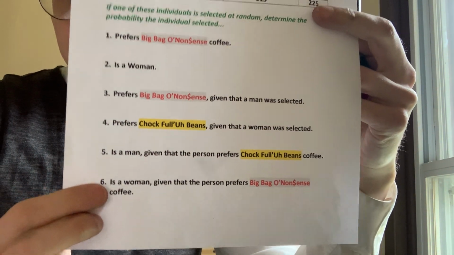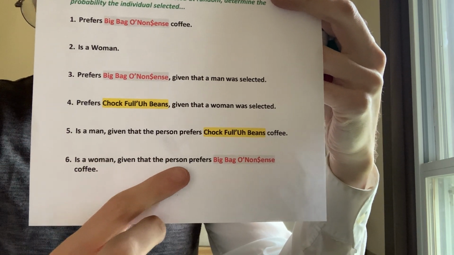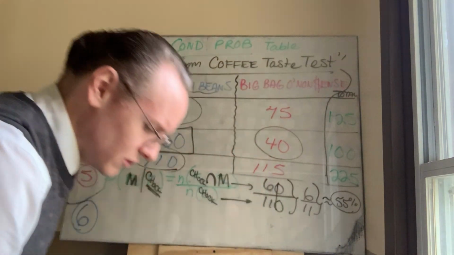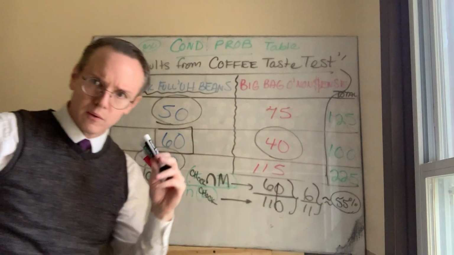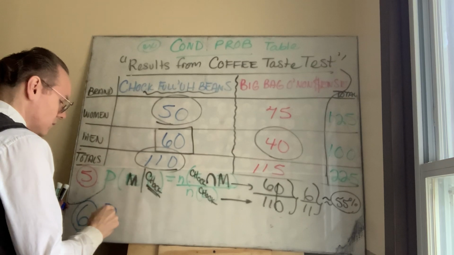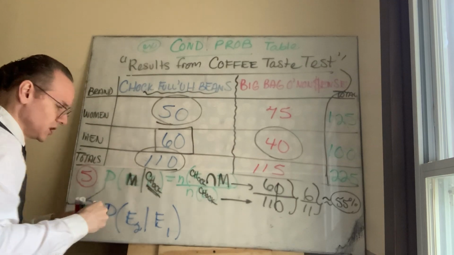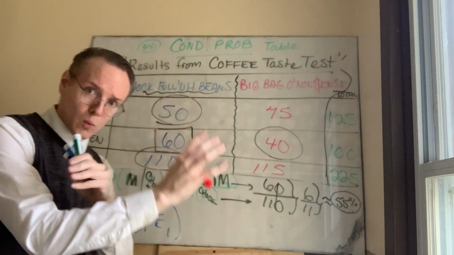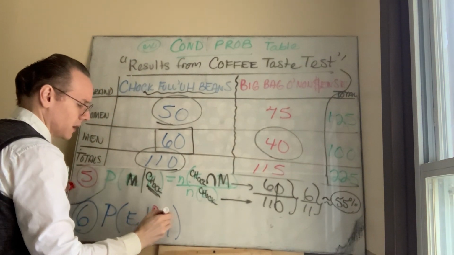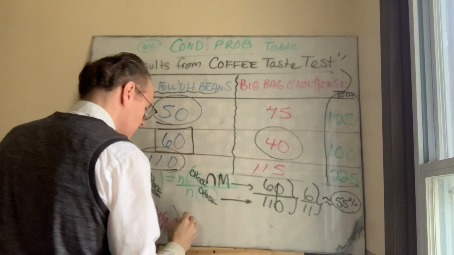The probability that the individual selected is a woman, given that the person prefers big bag of nonsense coffee. Because big bag of nonsense follows the word given, I would assume that big bag of nonsense in our formula is actually E1 in this context. It's because of the way the sentence is formulated. Big bag, E1, which means when you're filling in the rest of this,